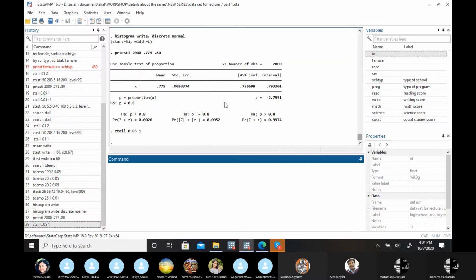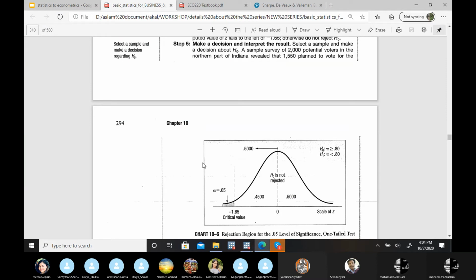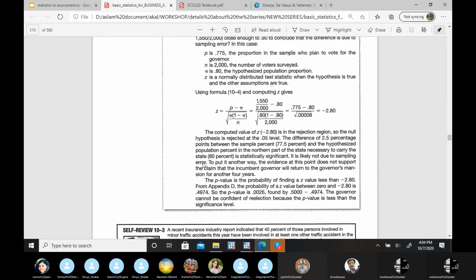So if you use any one approach out of this p-value, level of significance, critical value, critical region, acceptance and rejection region, or confidence interval, the results will remain the same. The findings will remain the same. So in this case, he might lose this particular position, right, based upon the pre-post survey.